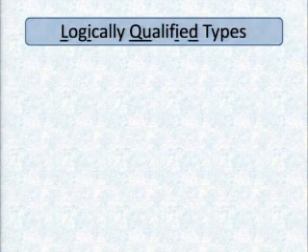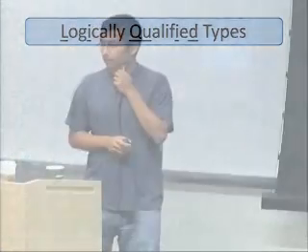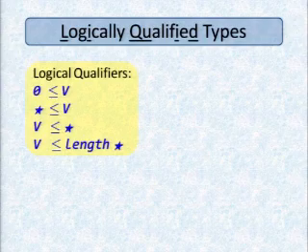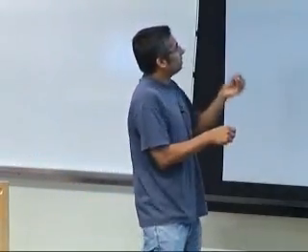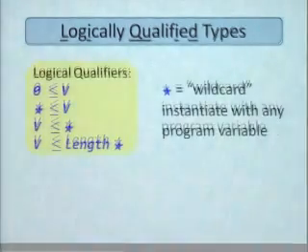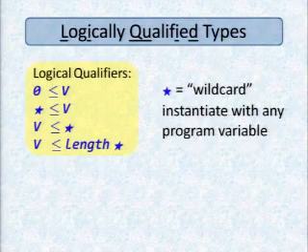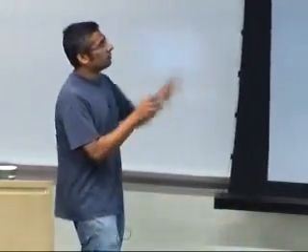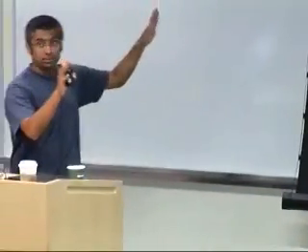Liquid actually is an acronym. It stands for logically qualified. Okay, so people familiar with type qualifiers will see where this comes from. So imagine that the programmer gives you a bunch of logical qualifiers. These could be generated by a monkey for all you care. They're just some little snippets, little fragments. For example, v greater than 0, star less than v less than star, v less than length star. What are these stars? The stars are just wildcards. Okay, they can be instantiated with any program variable. Okay, so the program, from somewhere, from thin air, you get these logical qualifiers.